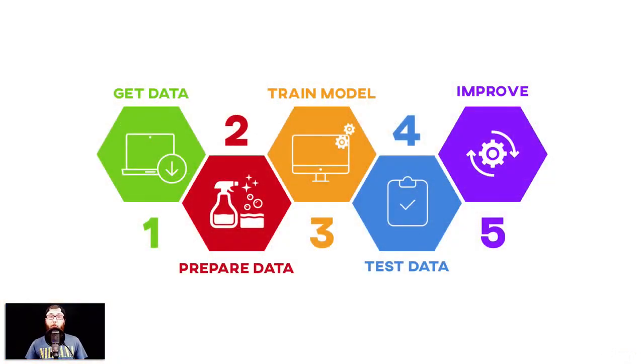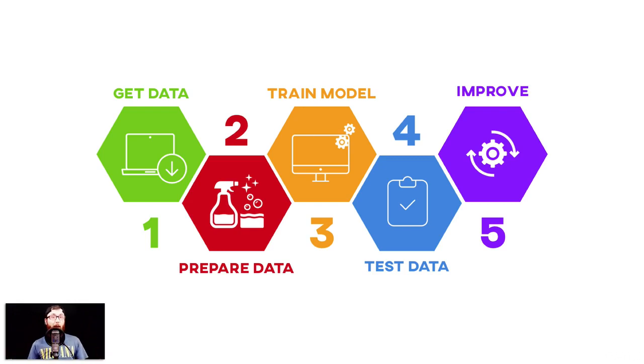Now, the first step is to get data. The cool thing about machine learning is that we can train our own models using data that we can find easily and for free on the internet. I'm going to share with you some amazing resources where you can get very large, robust, amazing data sets that are already labeled and everything for you. I'm going to show you where to get those, where to download them, and then that leads us directly into